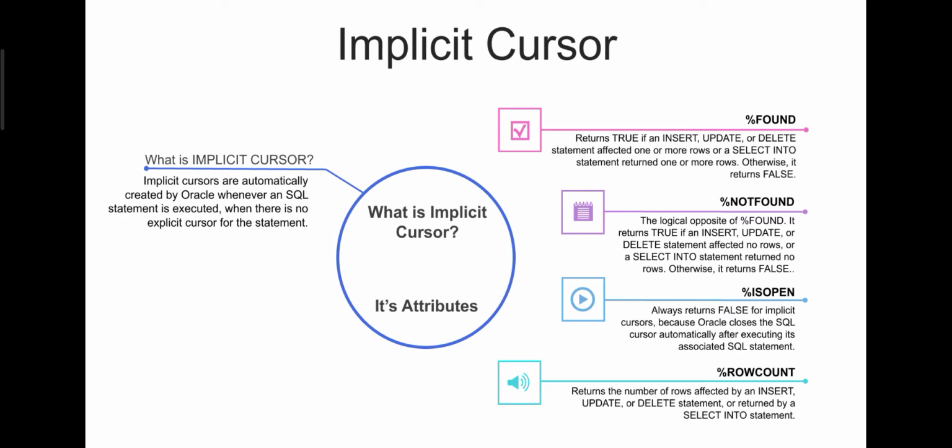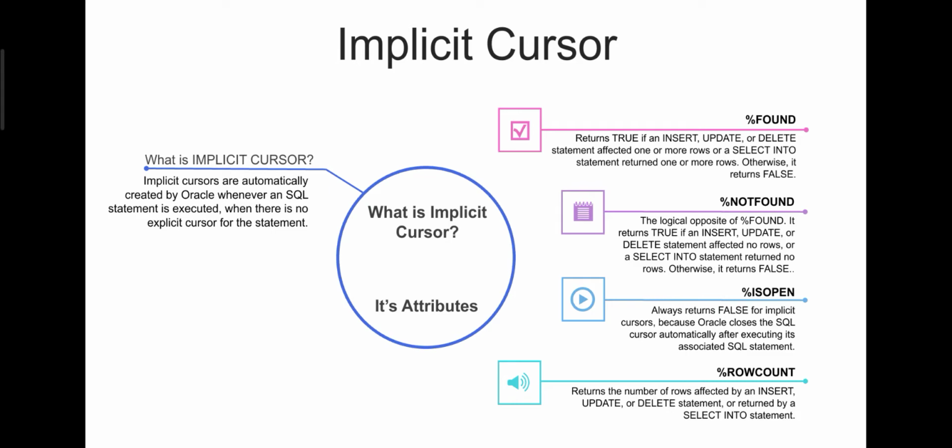Now, let's get deeper into these types. First is the implicit cursor. The implicit cursor is also known as the SQL cursor because it is automatically created, maintained and closed by the Oracle engine during execution of any DML, that is data manipulation language queries, such as insert, update or delete. As implicit cursors are controlled by Oracle, programmers cannot access their information. When a DML command is executed, an implicit cursor is created and attached to it.